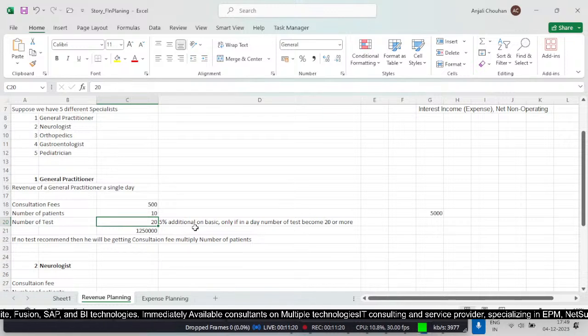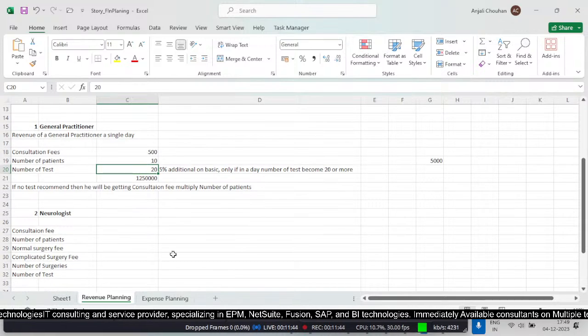We can say it is a commission percentage, because they recommended a certain type of test, and that will be the revenue for the hospital. So the hospital will be considered on their side. Only if in a single day the number of tests is 20 or more, he'll be getting 5% more on this basic consultation fee multiplied by number of patients. So it is simple to calculate on the application. I'll be showing you how you can do that,